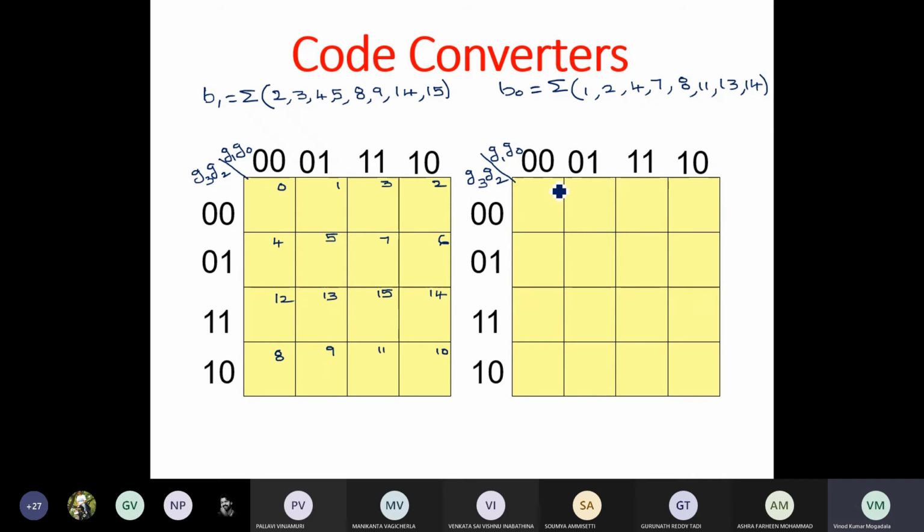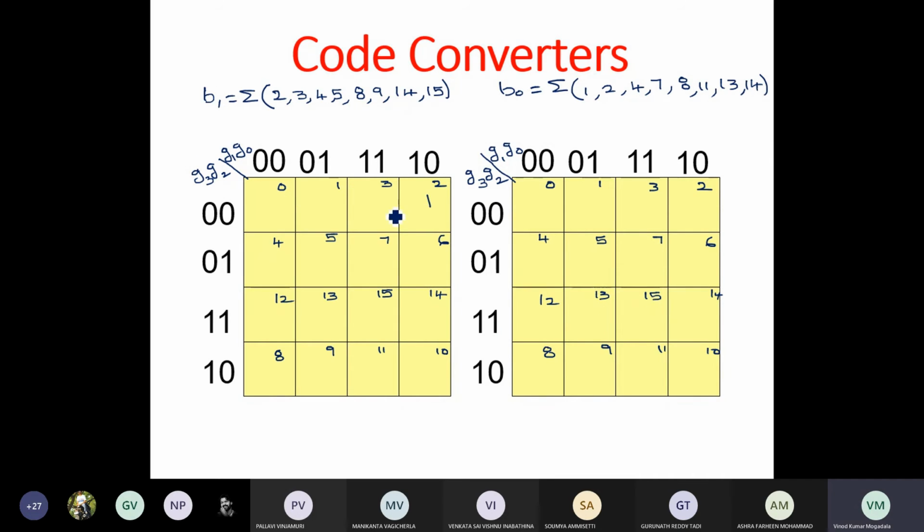So here also write the same 0, 1, 3, 2, 4, 5, 7, 6, 8, 9, 11, 10, 12, 13, 15, 14. Now list them in terms.